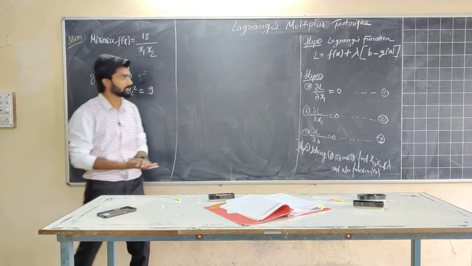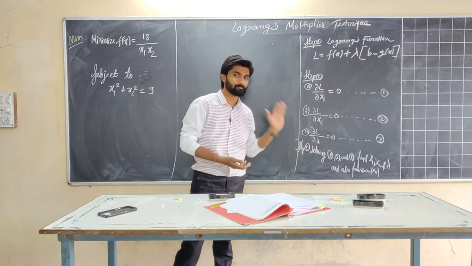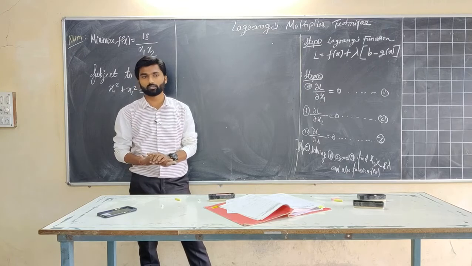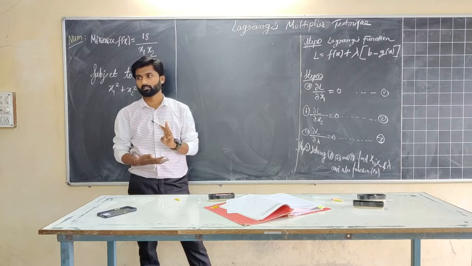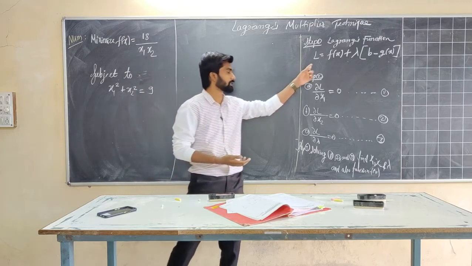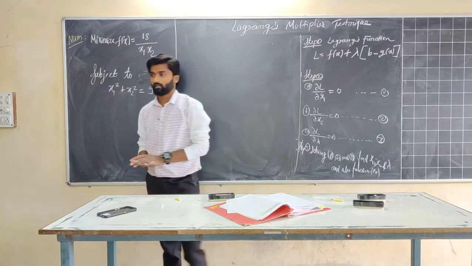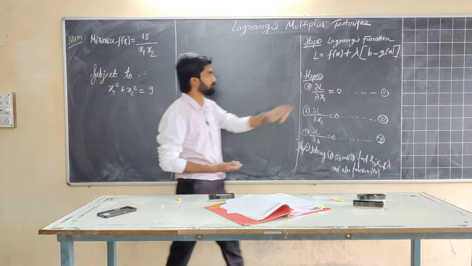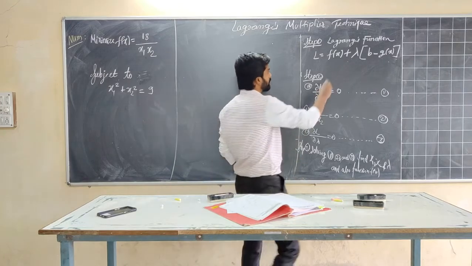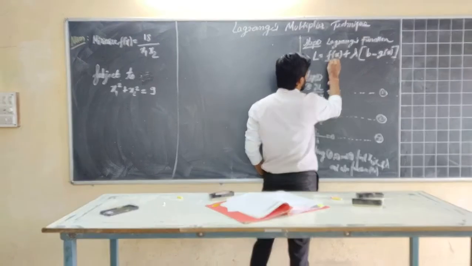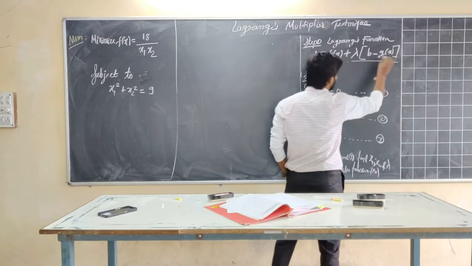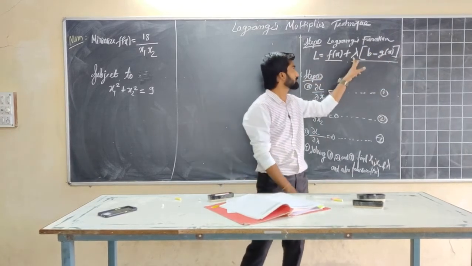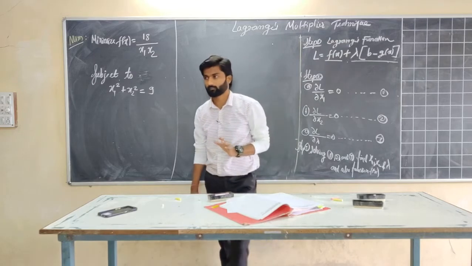Okay. Now for that, you will check out the steps are notified here. In all, you have to work out in three steps. What is the first step? You have to extract Lagrange's function. How to extract the Lagrange's function? For that, also you have been told that Lagrange's function L will be getting by adding the f of x with this terminology, with lambda into bracket b minus g of x. Here this lambda, you can say it is the Lagrange's constant, right?